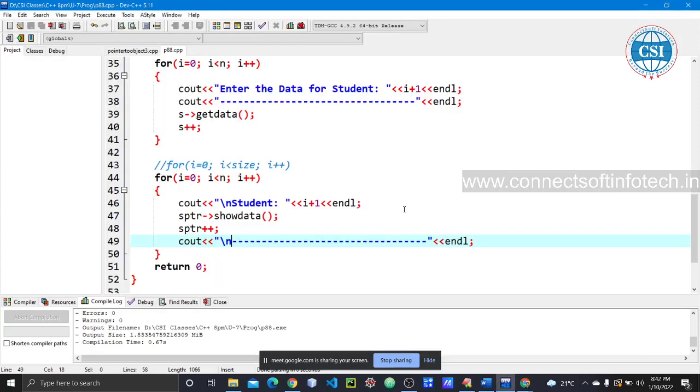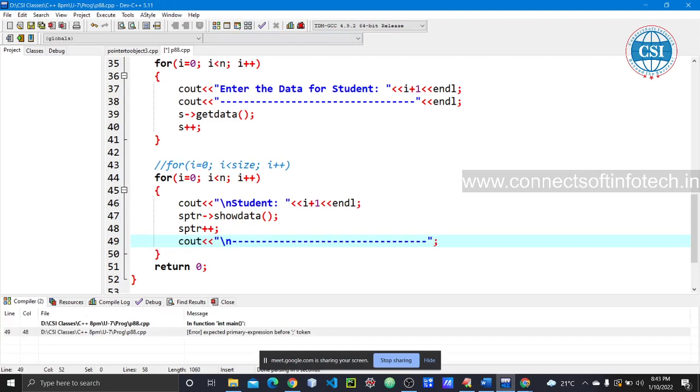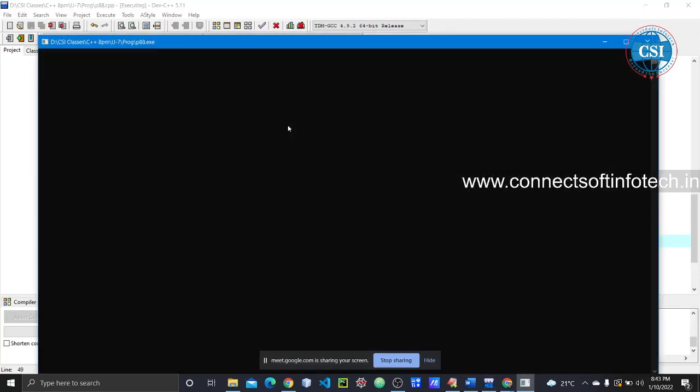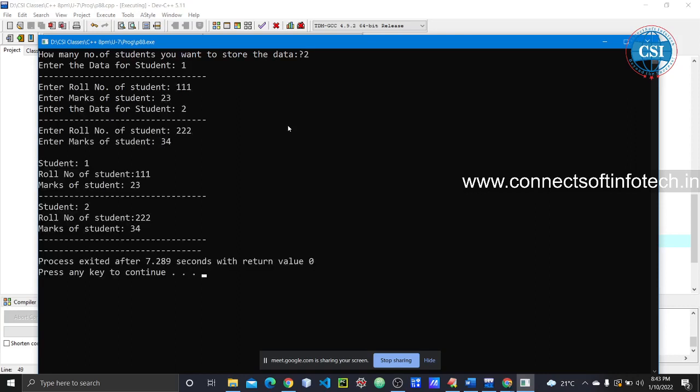But it's giving endl, right? If you have not written it here, let us check. 2, triple 2.